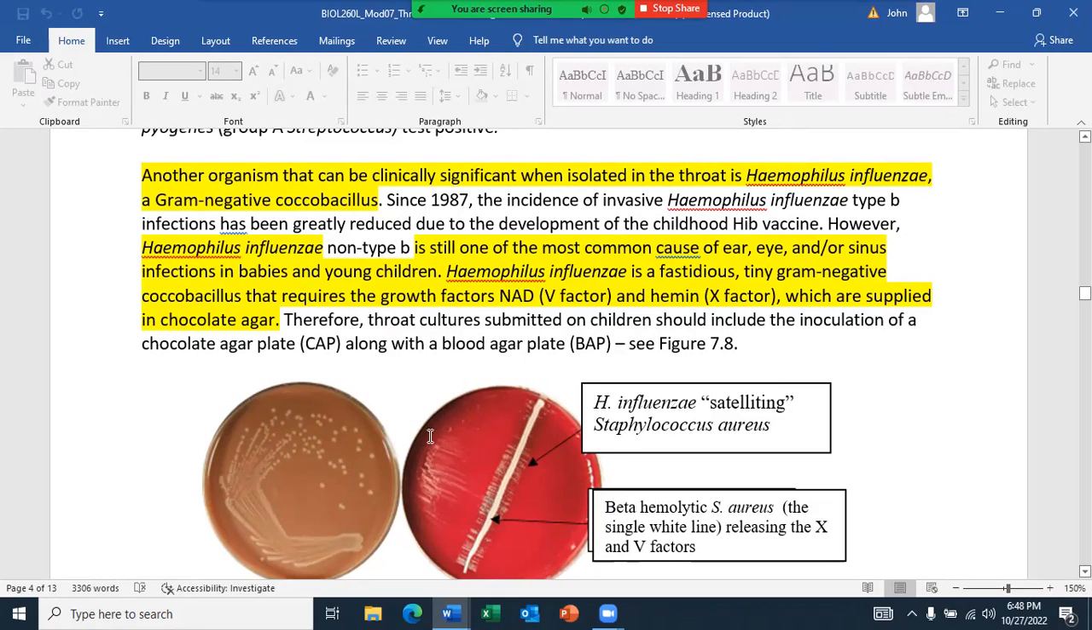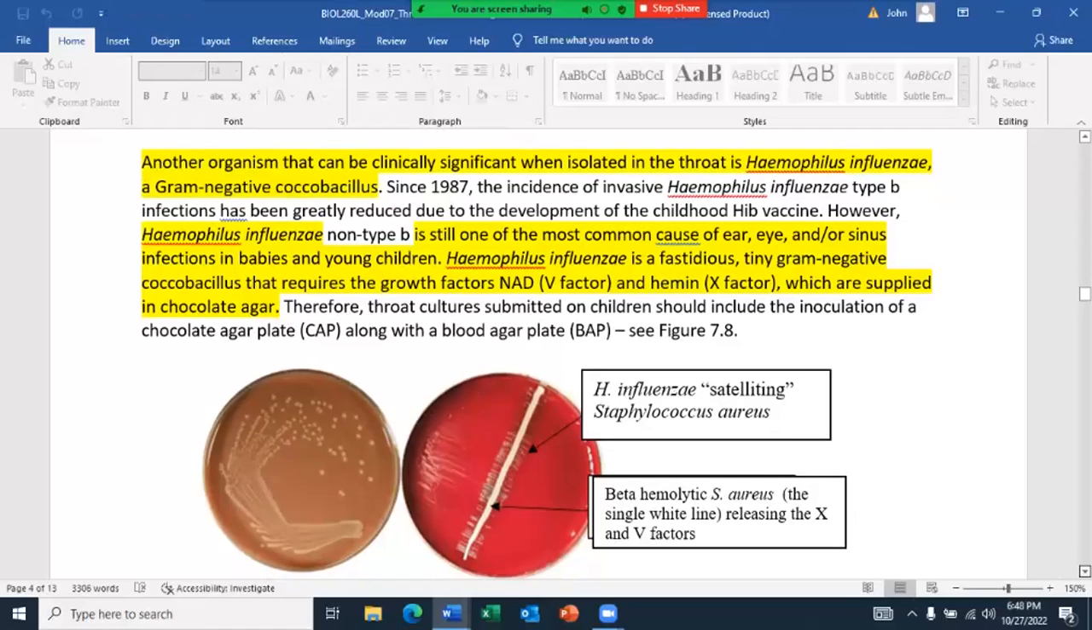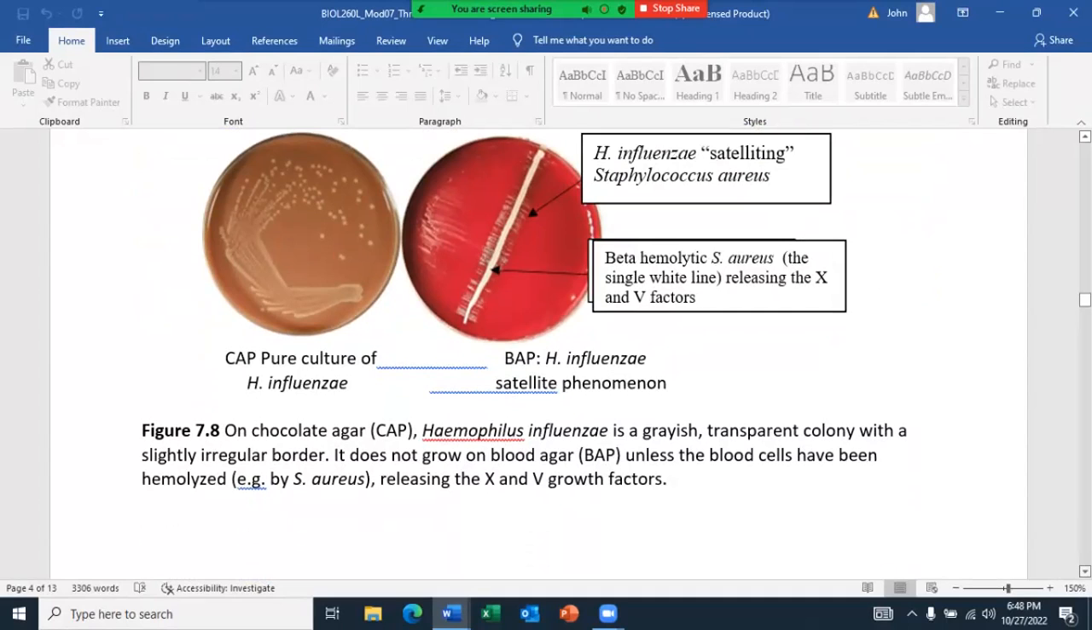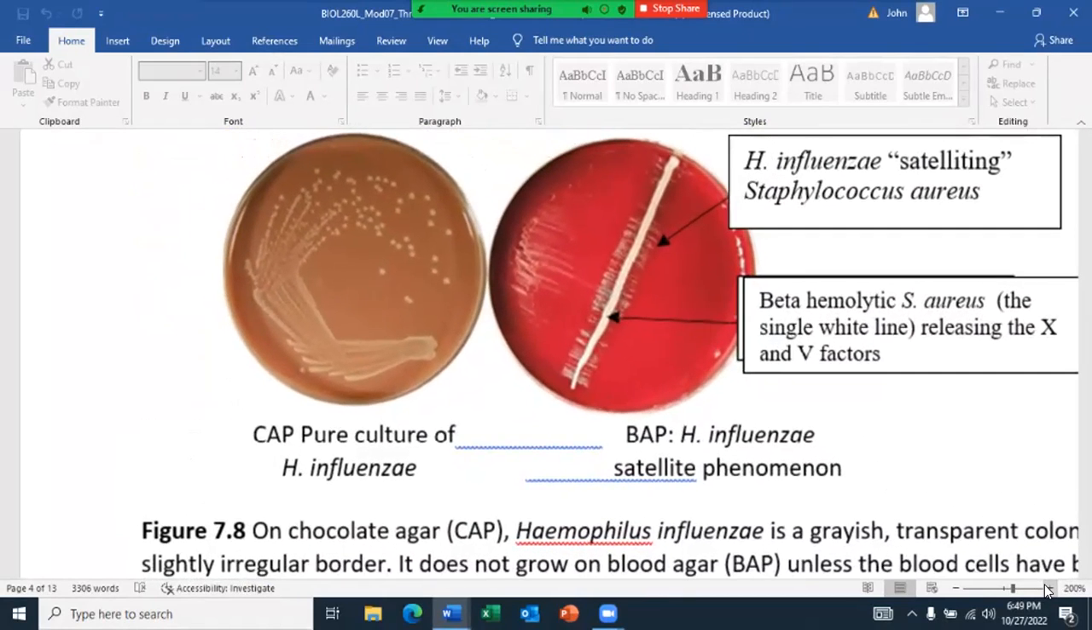To further prove Haemophilus influenzae, you can then run the V factor test, looking for NAD, and the X factor test. And like I said, you don't need to know that. Curiously, Haemophilus influenzae won't grow on blood agar, but if you grow it on blood agar, it also has